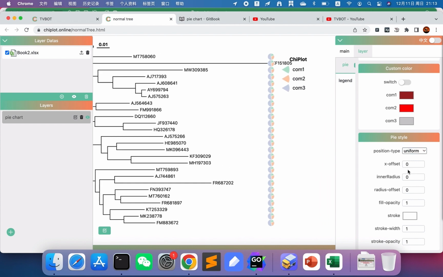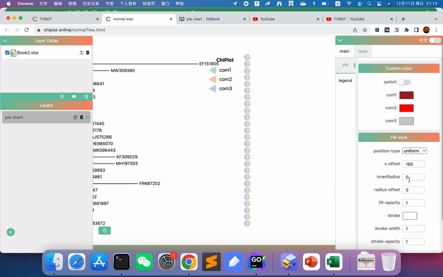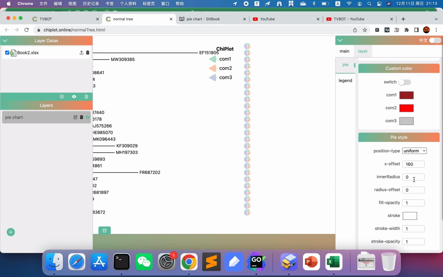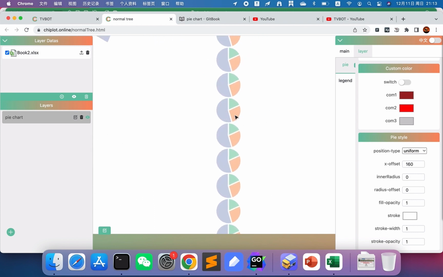The next one is X offset, meaning the horizontal offset of each pie chart. You can put your mouse on the parameter's name and drag your mouse, or you can fill in a specific value here. The next one is inner radius. By default, it is 0, meaning there is no inner radius of each pie chart. If you give a value here, and 3,